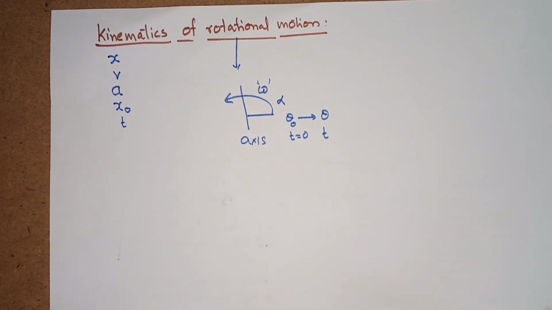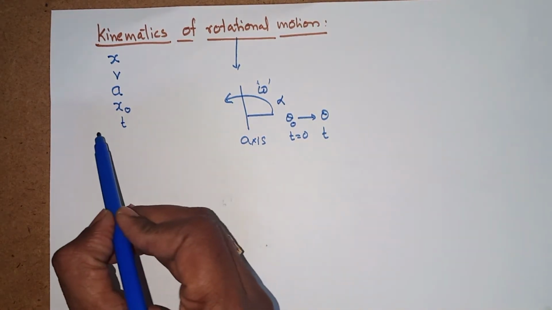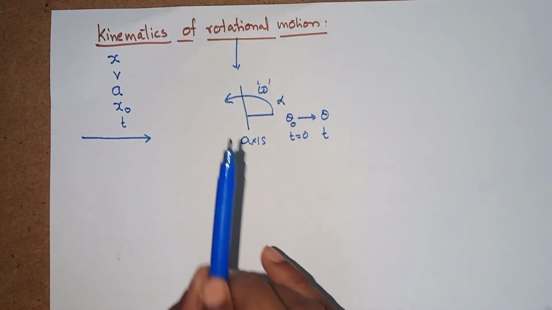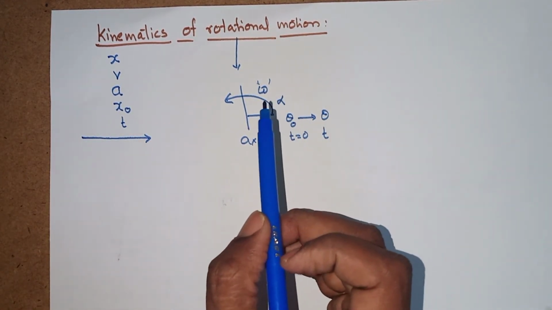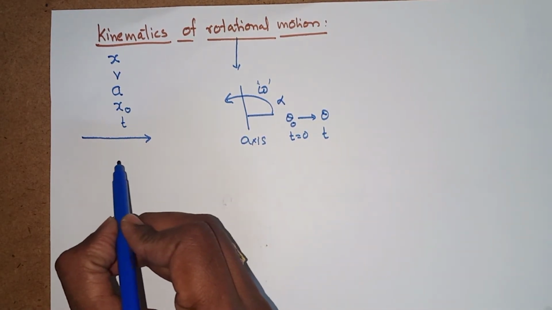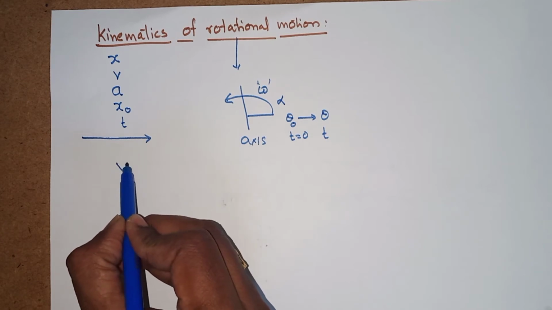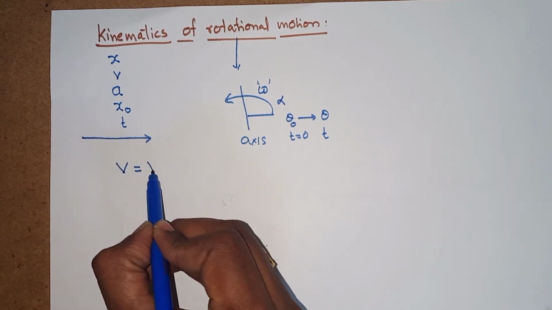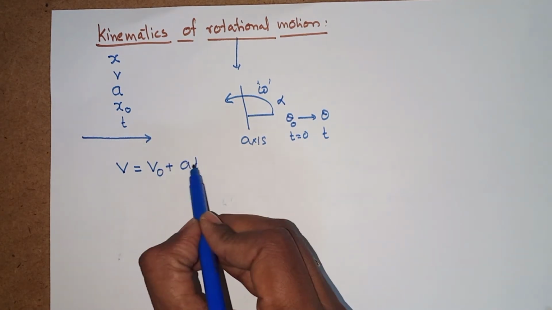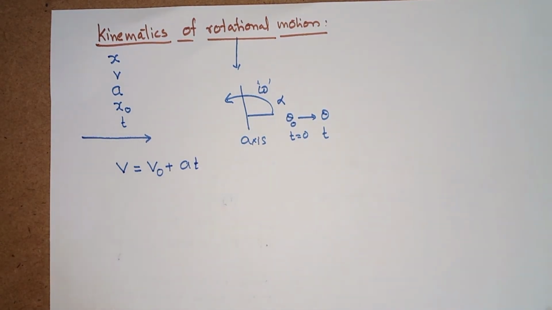When the angular velocity is decreasing with time, alpha can be negative. It is the same situation where all the parameters are taken in one dimension. This is rotational, this is linear, this is rotational. How to solve the equations? We had seen simply that final velocity is equal to initial velocity v naught plus at. This is linear. There is a simple analogy between linear and rotational.